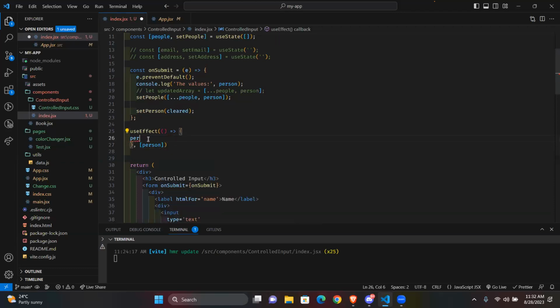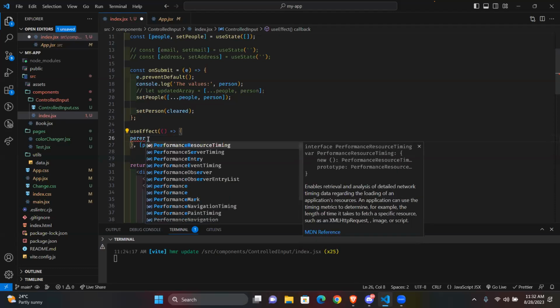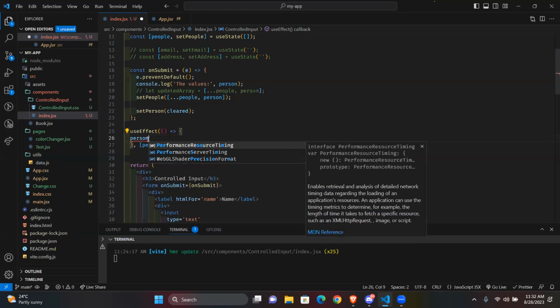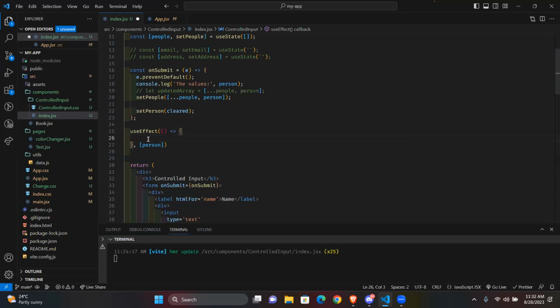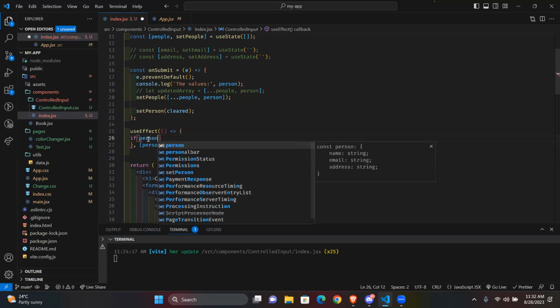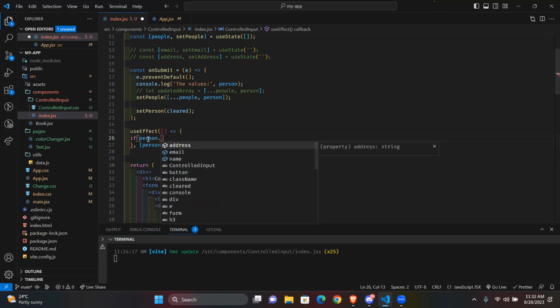So if we have person, let me use my if statements. If we have person dot name,